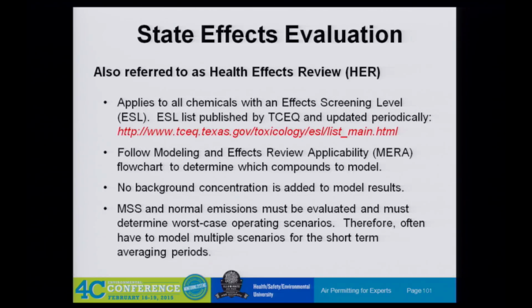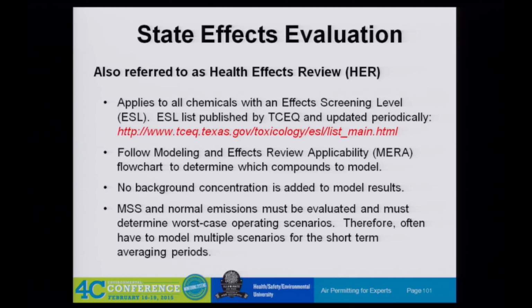All right, so let's move on to the health effects review. It's going to apply to all chemicals with a screening level, which is about all chemicals. In fact, they tell you if you get a chemical that doesn't have an effects screening level, turn it in to them, and they'll determine an effects screening level for it. So you follow this MERA effects review applicability flow chart to determine when a compound falls out. The good news is you don't have to add any background concentrations. You don't usually have to model your neighbors'